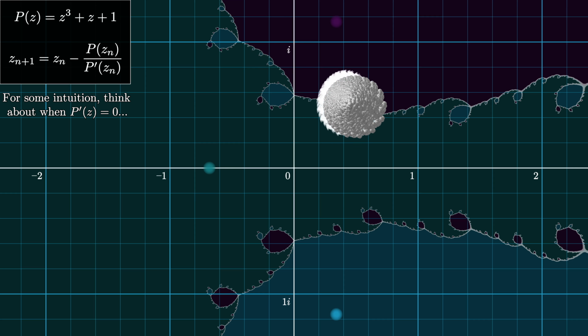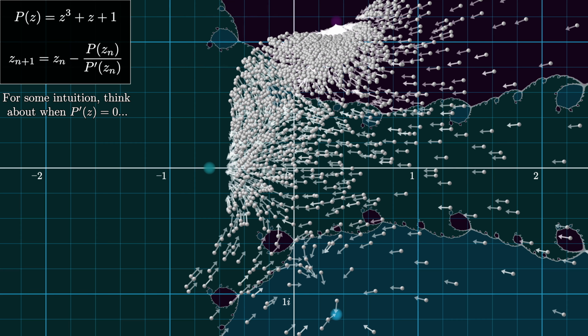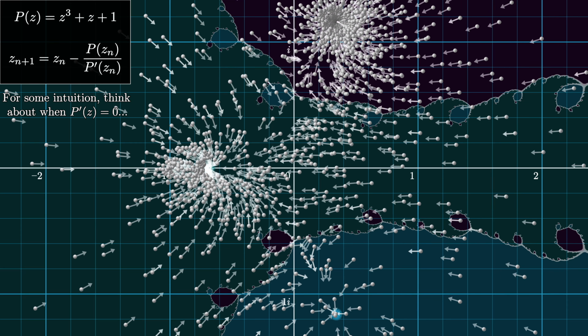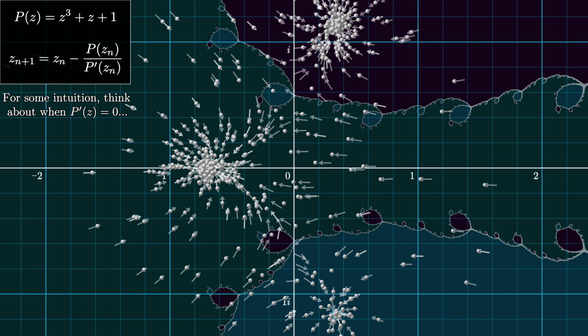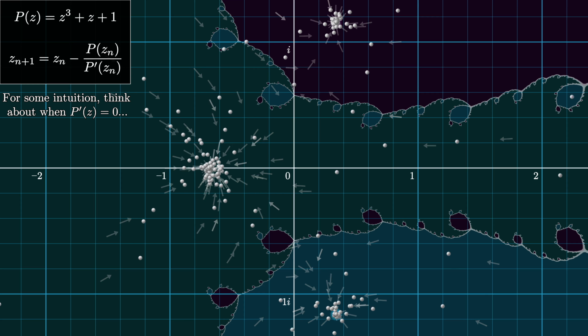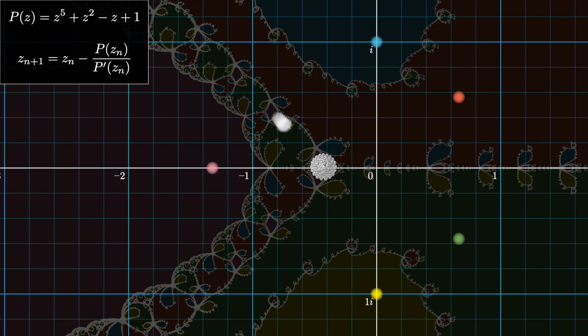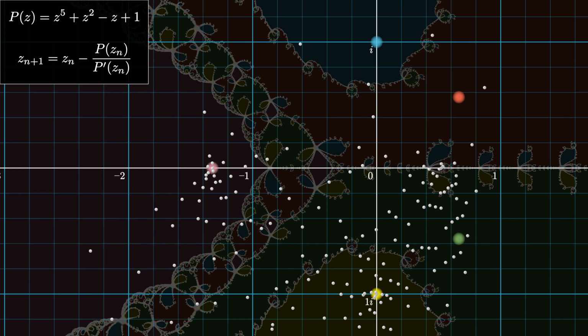What this means for our purposes is that if there's some attractive behavior of our map, something like an attracting fixed point or an attracting cycle, you can be guaranteed that the values from that tiny disk around the point on the Julia set, no matter how tiny it was, will eventually fall into that attracting behavior. If we have a case with 3 or more attracting behaviors, this gives us some explanation for why the Julia set is not smooth, why it has to be complicated.